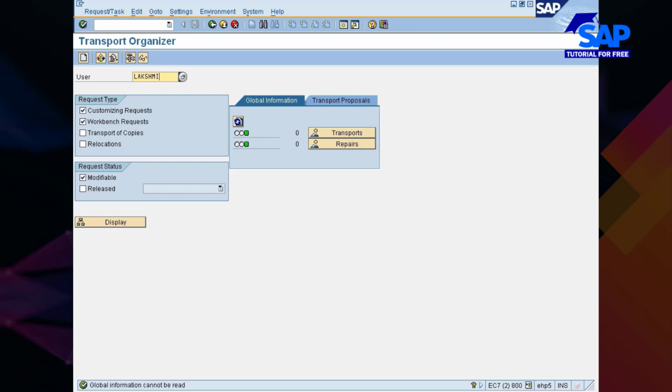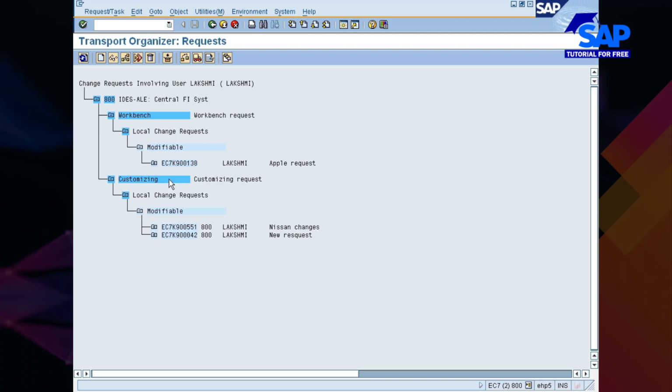In case I wanted to change Nissan Group as Nissan Group of companies, I can go and change it. Why? Because I am yet to release my change, right? So therefore, you see, I wanted to find out all the transports created by user Lakshmi, including development requests. You click on display after selecting those two, right? You see here, this is your transport request EC7K900138. Okay, I'm sorry, this is a workbench request,